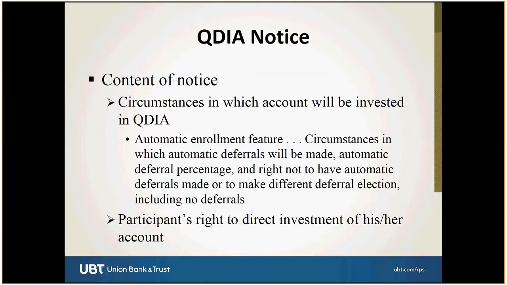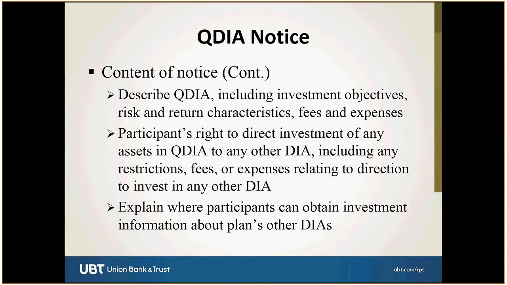You need to tell the participant that he or she has the right to direct the investment of his or her account. You're going to provide information about the QDIA, because remember what we talked about last week,